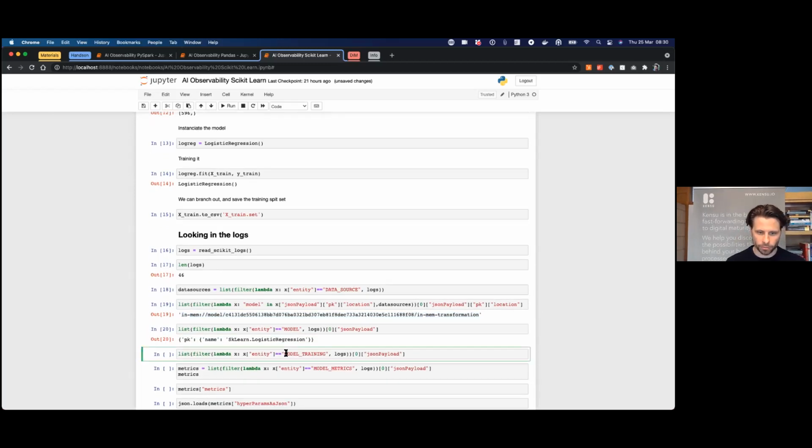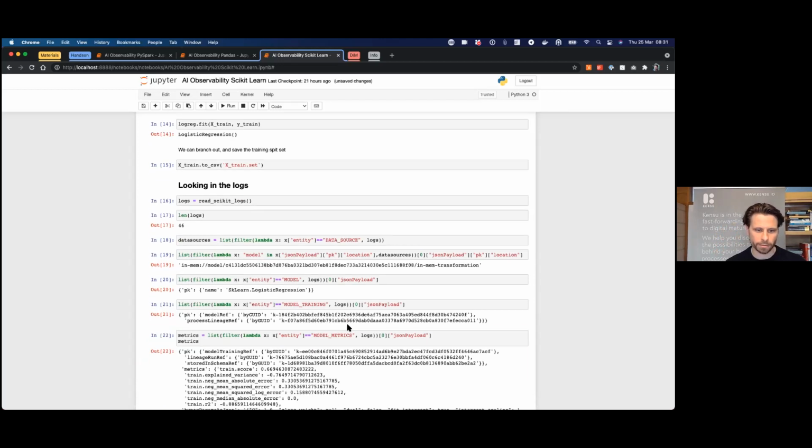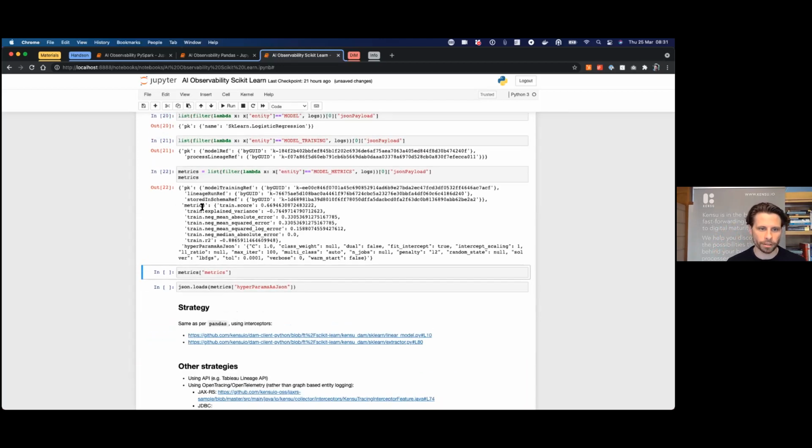The model is a logistic regression. The model training is referring to, hey, actually this lineage, which is using this observation and creating this data set, is a model training. So you're qualifying the purpose of this specific link that exists between data. It's like tagging. And the metrics are those data that I was talking about earlier, the train explained variance, the score of your model, the RMSE, etc., which are automatically produced because the model has a range of metrics that are worthy for you to control afterwards.